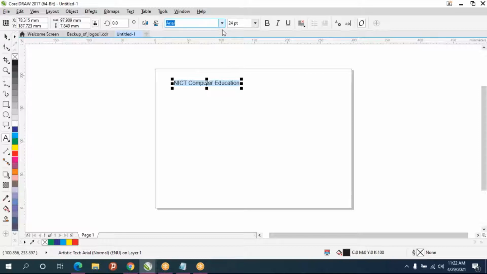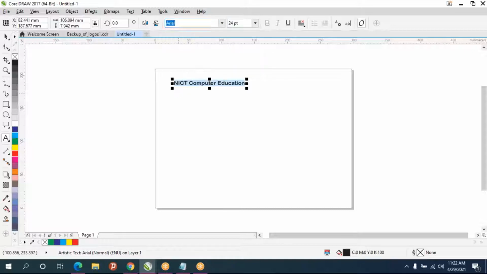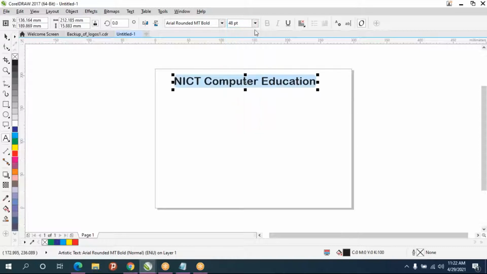There you can give different types of font family. And you can increase the font size. And you can give bold, italic, underline everything. So font style, font family, font size, font style.